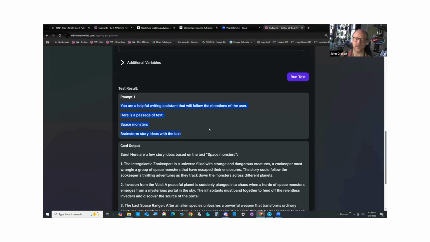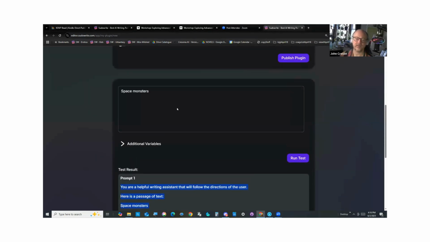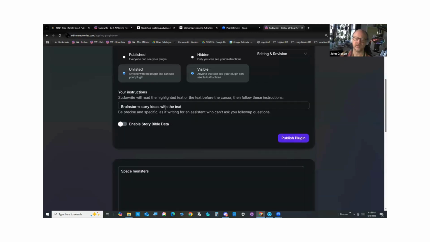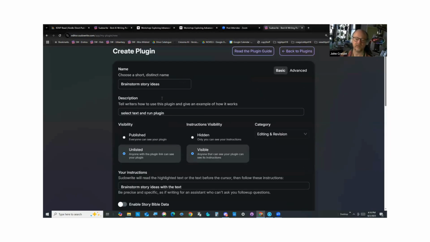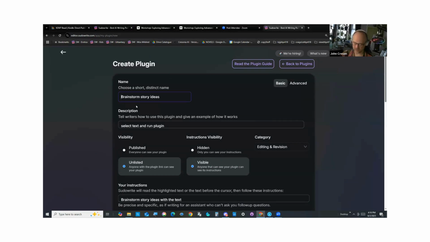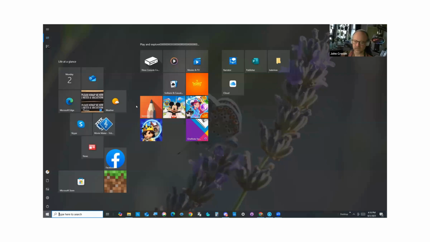Okay, so since I love Space Monsters and the brainstorm story ideas with text so much, I actually want to publish that. So I'm gonna do, if you hit the command, no, if you hit the option key,